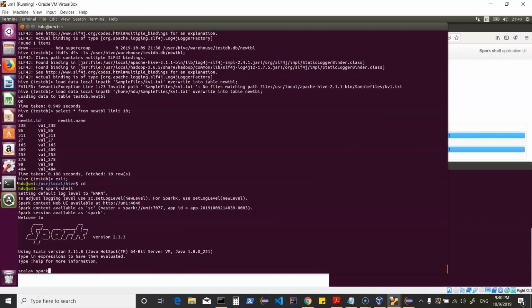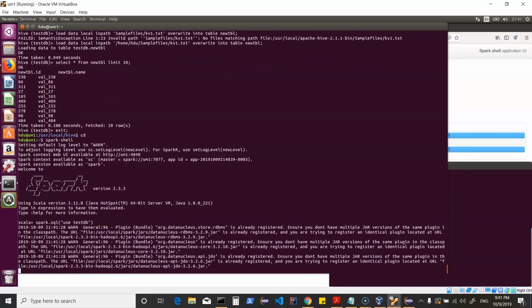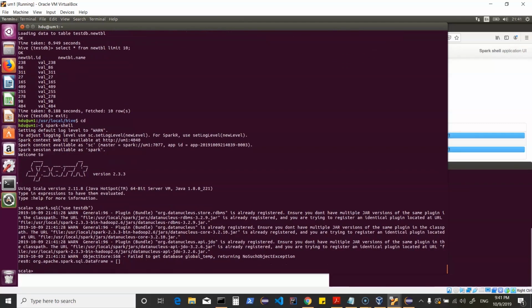Now let's do a spark.sql. Now if you remember, I mentioned that my Spark conf directory already has a hive-site file, so it knows where Hive is storing the metadata, and that basically means that your Spark SQL can directly work with Hive, and you can then start using all your Hive queries within Spark, benefit from in-memory processing and the data frame API. So here I can say use testdb. So I basically would want to get into the database, and I'm using Spark SQL. You see there is an empty data frame created.